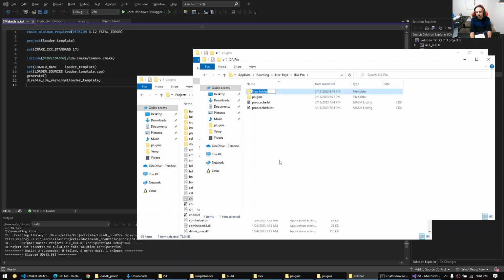Same for loaders. If I make here a folder called loaders and paste the loader plugin, then it will be picked up